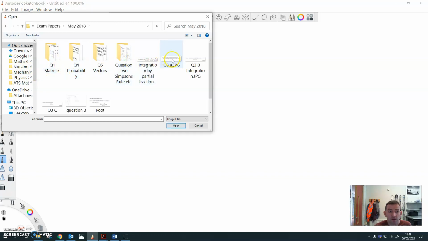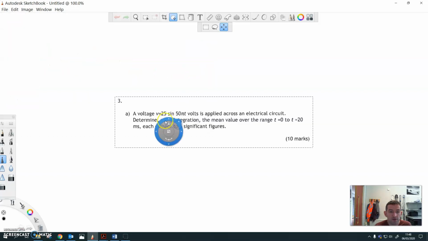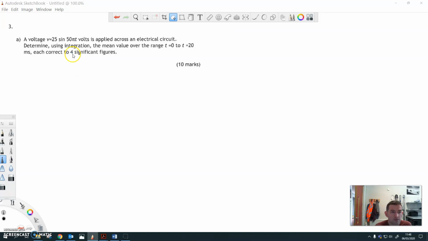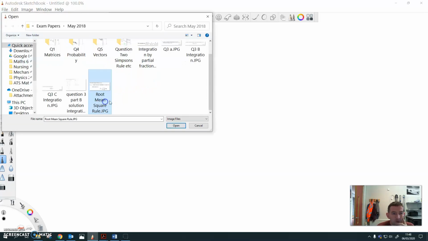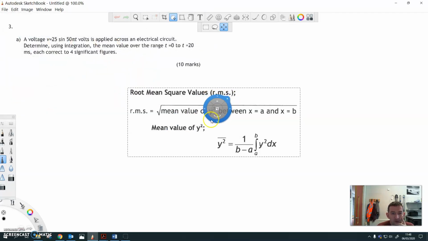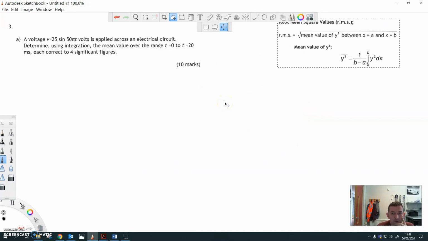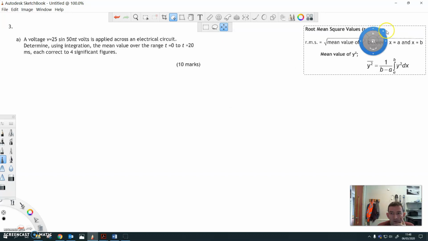Question 3 A. Integration. This is using the root mean square formula. So there's the question, and the root mean square formula looks something like this. The image here is here. Right, this comes in the back of the exam paper. So let's squash it down a bit there and stick it up here. Right. Now,